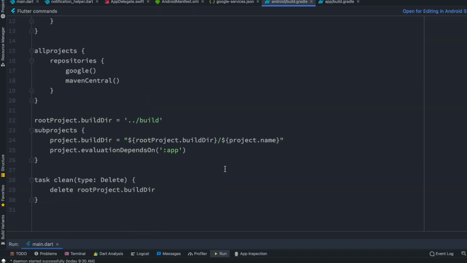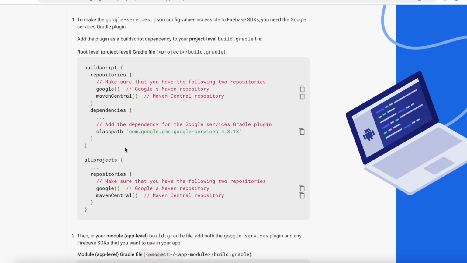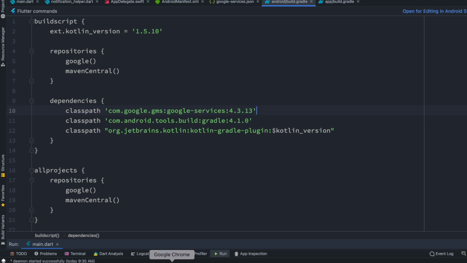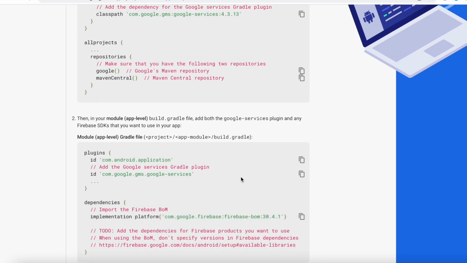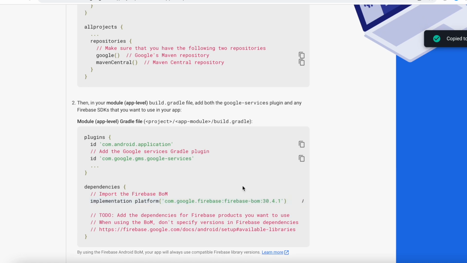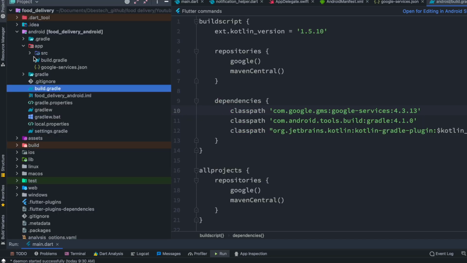Okay, let's see. So here it says that you have to go to your dependencies and class path. So dependencies, class path over here, let's add this one. You have to do that, and this is from Firebase console settings. So if you didn't do it, go ahead and do that. Okay, and pretty much this would be the last one that you need to add, but this is in app build Gradle. So in this case it should be app